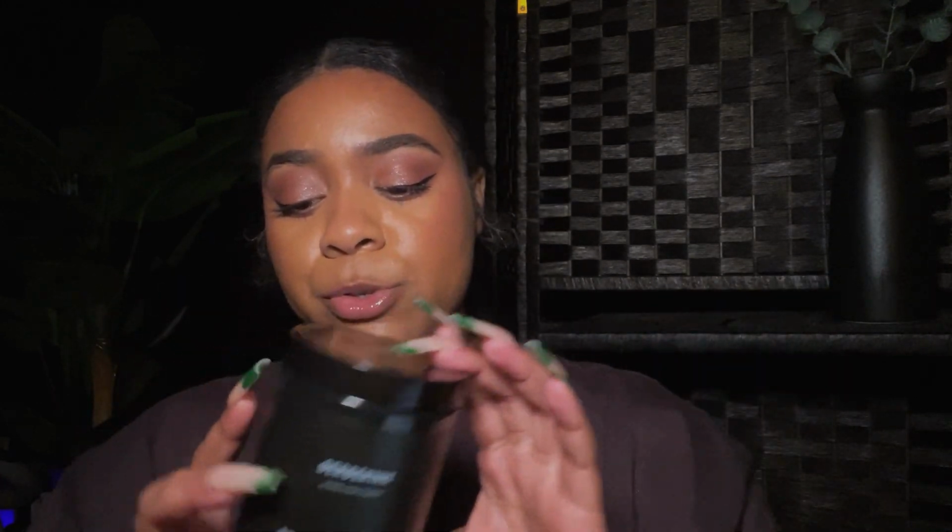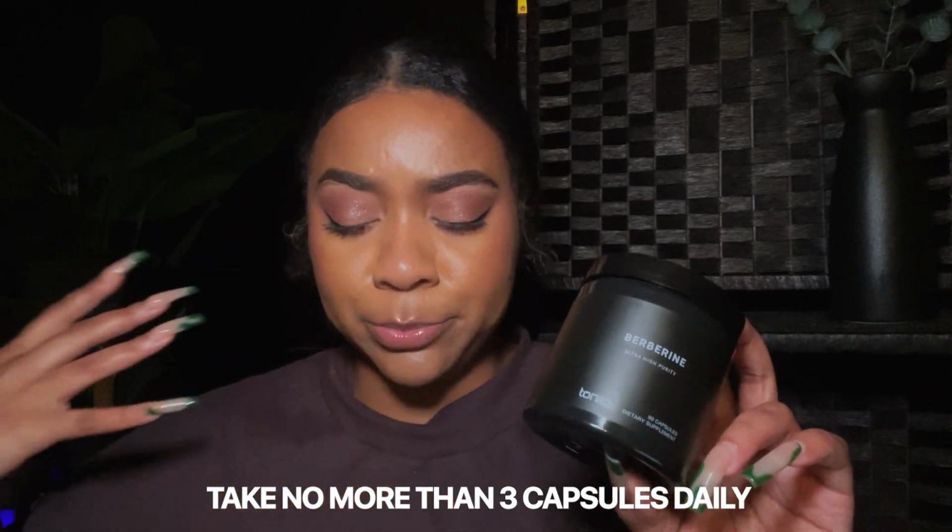90 capsules in here, which I believe the last one had 60 capsules, so I'm already loving that there's just more to offer. I started out taking just one of these. Even though I was taking Berberine from the other brand, I still like to ease into new brands and make sure that this is still going to have an effect on my body in the same way the other brands did. So I started off with one and then I upped it to 2. So now I take 2. The most you can take is 3. I'm not at 3 yet, but I do believe I probably will get to 3, seeing as there is 500